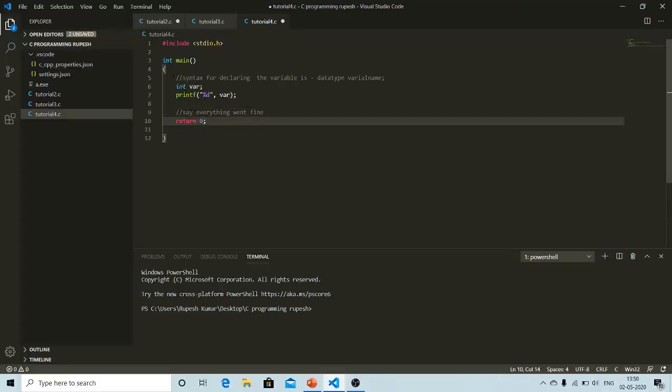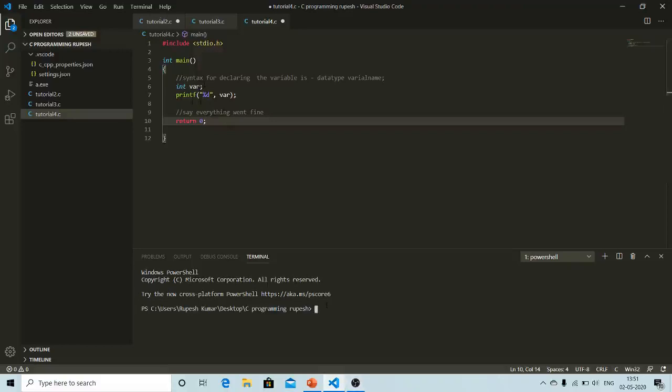All these statements like syntax for declaring, which start after two slashes, denote comments. So the code will not execute these statements because these all are comments. The compiler will ignore all these statements. So now compile this, as we have declared the variable int and we want to print the value of the var.